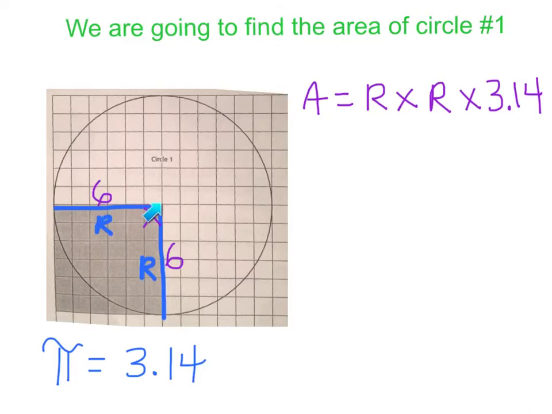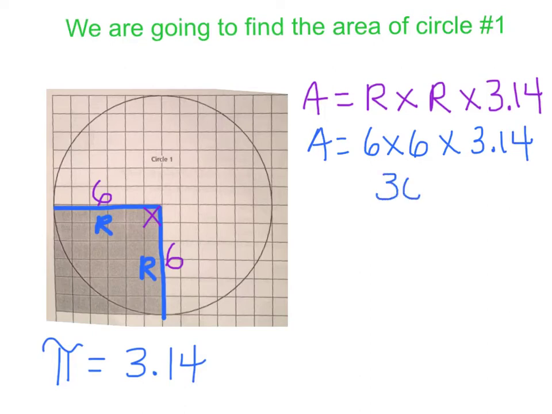We counted that this radius is 6. The radius should be the same no matter where you mark it. So it's always the same number times itself. 6 times 6 times 3.14. Okay, 6 times 6, that's pretty easy. 36 times 3.14. Again, if you have your calculator, please type in 36 times 3.14. You should get